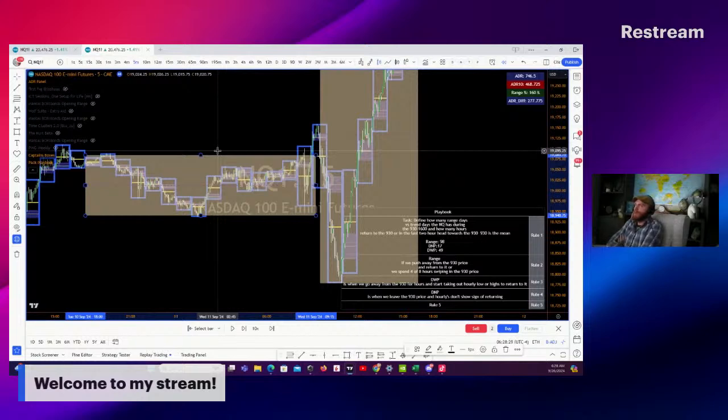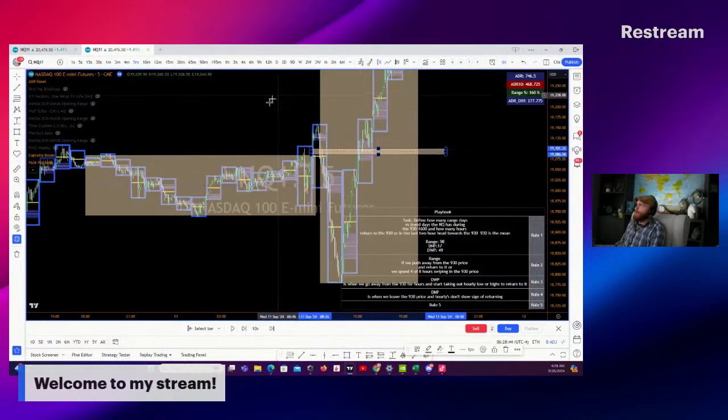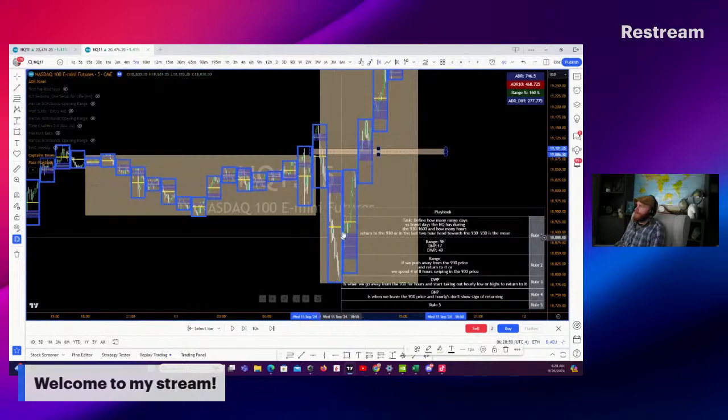Because you guys are sleeping, right? And we see that the 930 gets swiped through 2 times, right? So let's put the 930 on here. The 930 is more like down here somewhere, right? We see that we moved away and then we get that instant destruction to the downside with an instant recovery